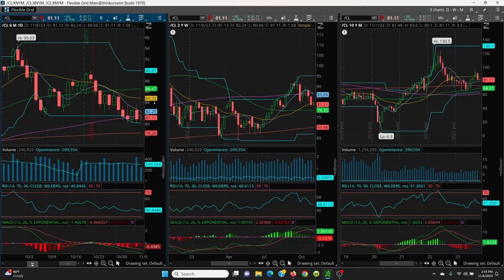Now, if you can get above that 84.73, we come to this candle right here. You have 85.30, this candle right here, 85.90, and then 86.47. That's the next level if you can get above this 84.73. Now, 86.74, where do we go? Then we come to this candle here,